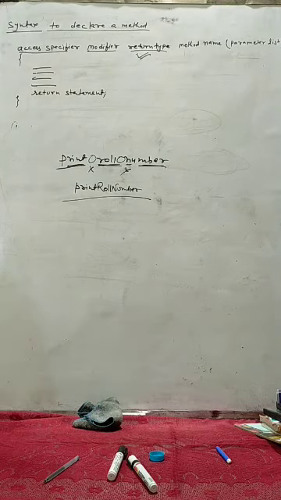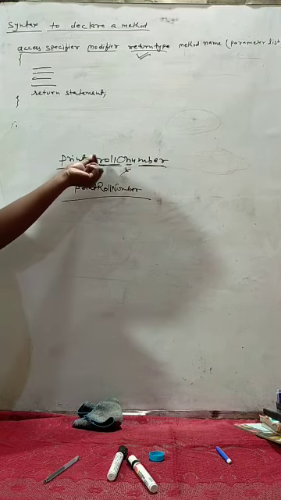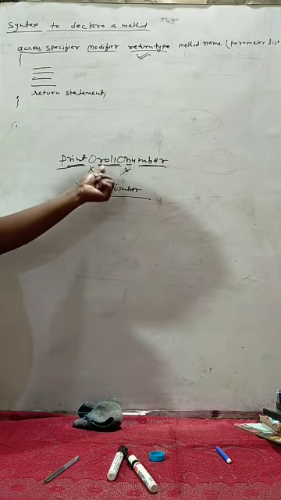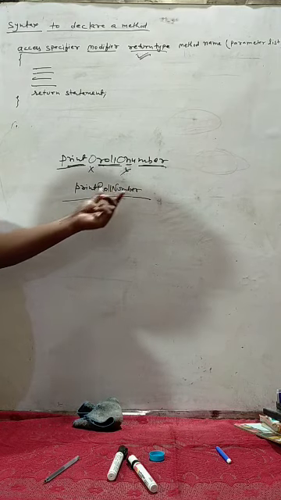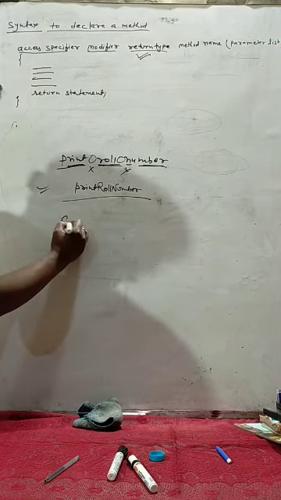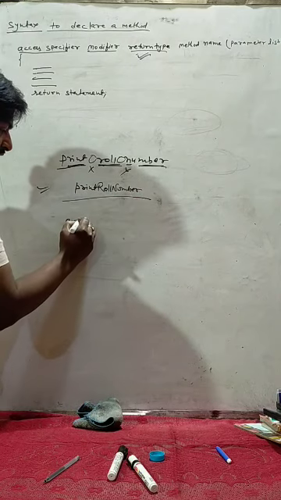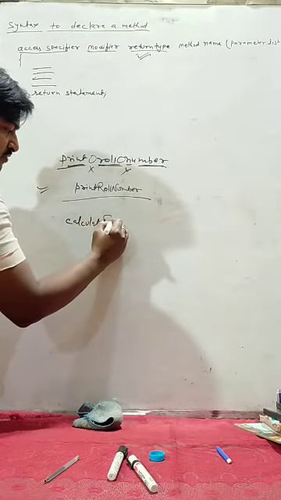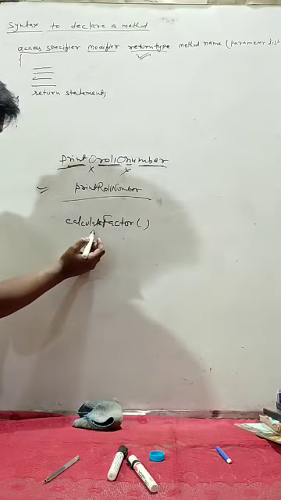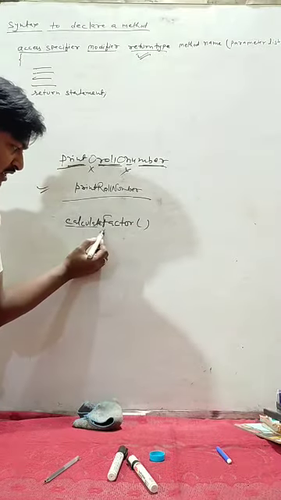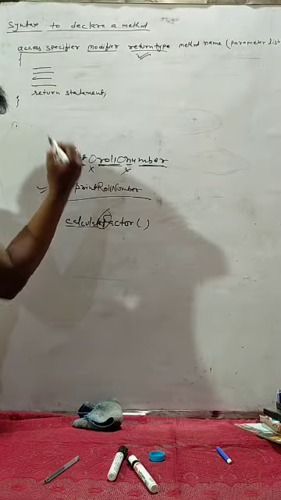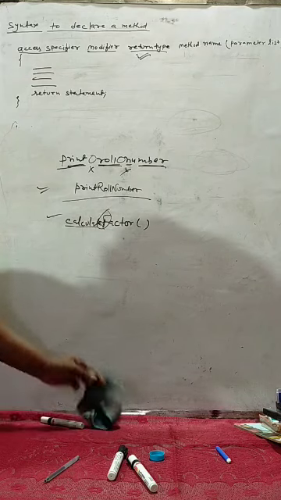So names having multiple words, join the words without giving any blank space. Join the words and begin each word with uppercase, such as capital R for roll, capital N for number. This way. Same way, calculate factor. Okay, this is the small, this is the second word, and the first alphabet of the second word is in uppercase. Okay, write this way.